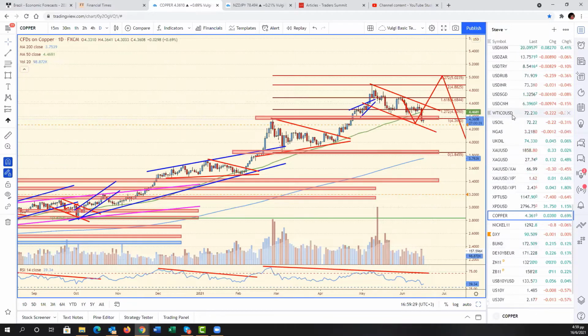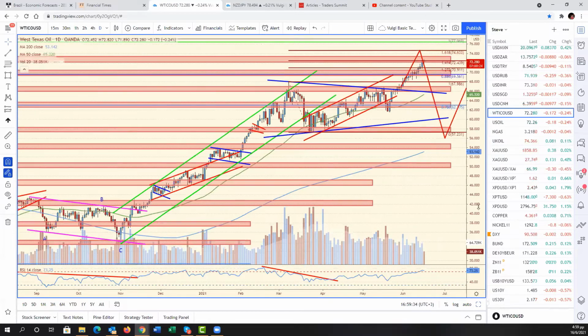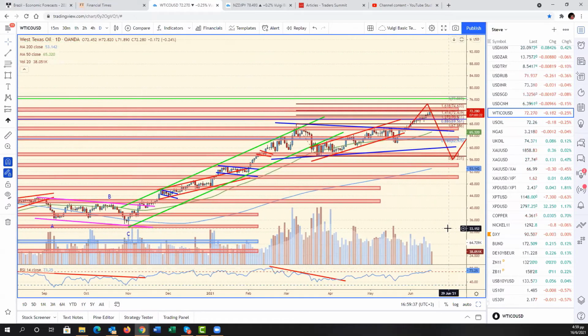So bottom line, I think that the vast majority of assets are well positioned for continuation of whatever they were doing before we started approaching the moment of truth, which is always like the Fed, right? Because inflation data, for example, are important. But the moment you get inflation data, then the market immediately switches its focus to the Fed, wondering, okay, yes, we have very strong inflation data, but how is the Fed going to react to it? Because that's what's mostly important, right?